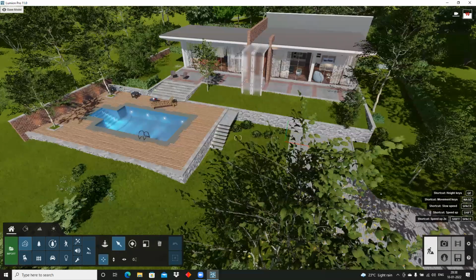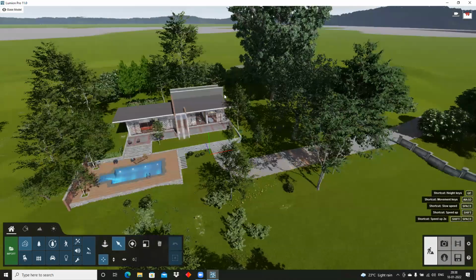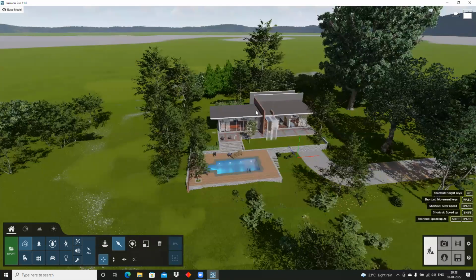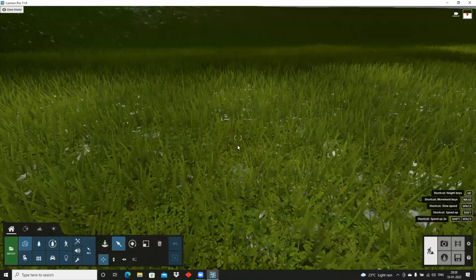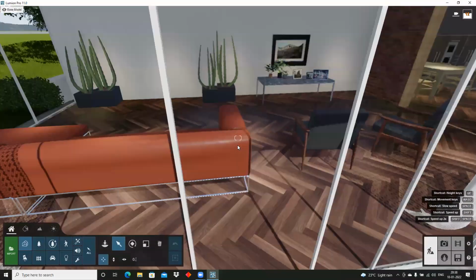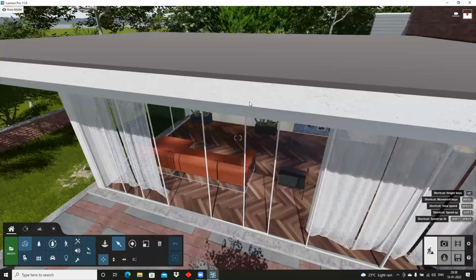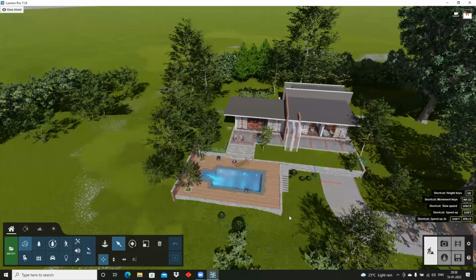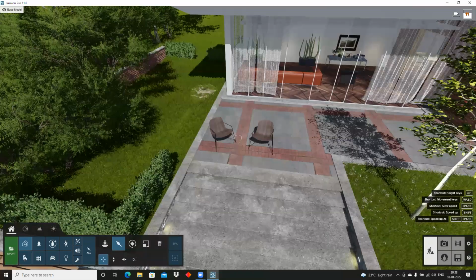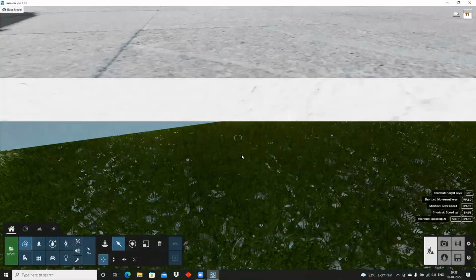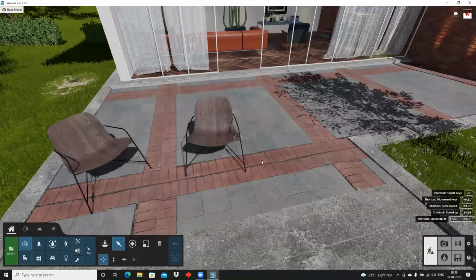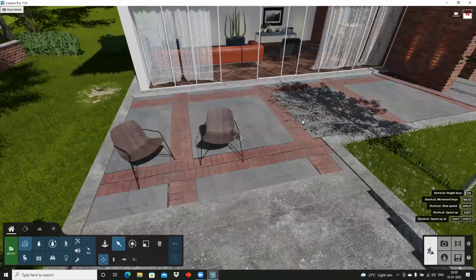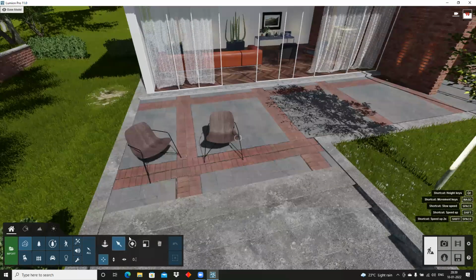I've been directed to this example model. If I want to see the settings of a material, and every material, I can just click and see the settings of this one. So this is how we can do it. If I want to see what this material is and what settings have been used to create it, I'll just